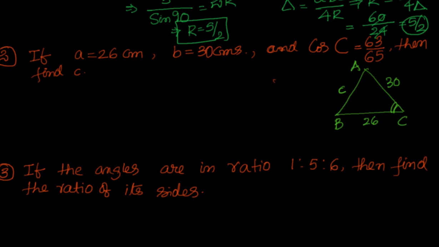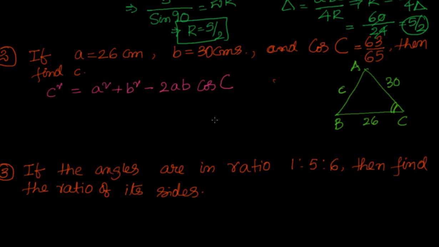So I will write the formula of law of cosines, which says that since I have to find out C, it is C square equal to, if I want to find C square, I should go to the next one, that is A square plus B square minus 2AB into cos of C. When C becomes 90 degrees, you can see that C square equals A square plus B square. It becomes a right angle triangle.